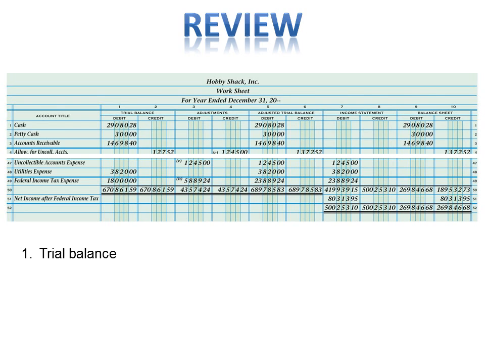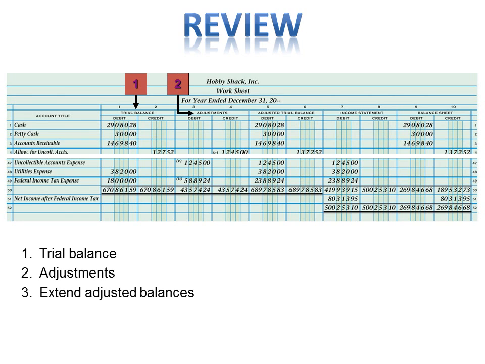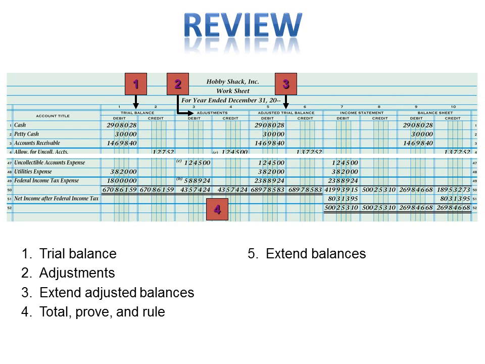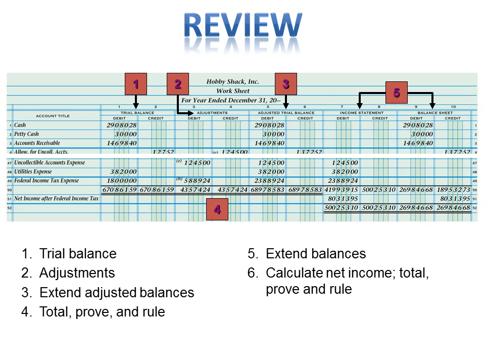So just to kind of quickly review, you always want to figure out the trial balance, get those entered in right away. Next thing you want to do is make the appropriate adjustments and enter them in the appropriate accounts. Then you're going to want to extend the adjusted balances, and after you extend the adjusted balances, you're going to want to total, prove, and rule the various columns and make sure that the debits equal the credits. These are important here. Then you're going to extend your balances to the respective balance sheets and income statements. Remember, the balance sheet is assets, liabilities, and owner's equity. The income statement is revenue and expenses. And then you're going to calculate net income, total, prove, and